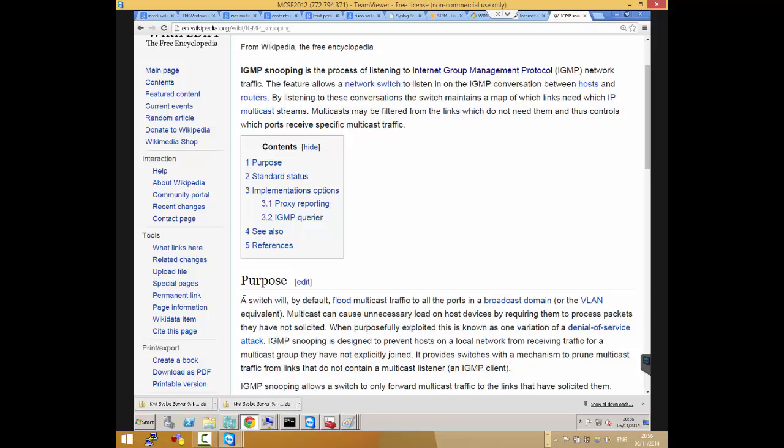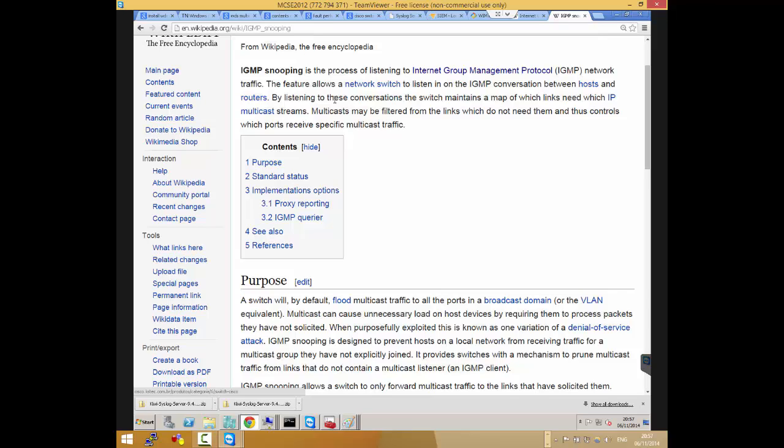But if you look at this one, it says a switch will by default flood multicast traffic to all the ports in the broadcast domain. So without IGMP, the switch will just treat it like a broadcast. It's like there's no way for me to know the specific devices that are really interested in this one, so I'll just send it to all of you.